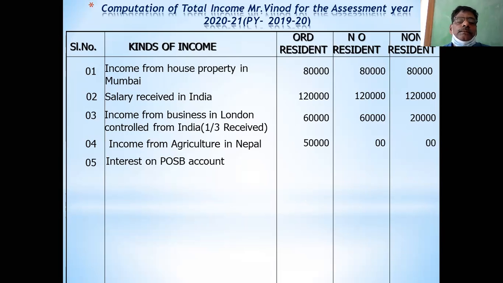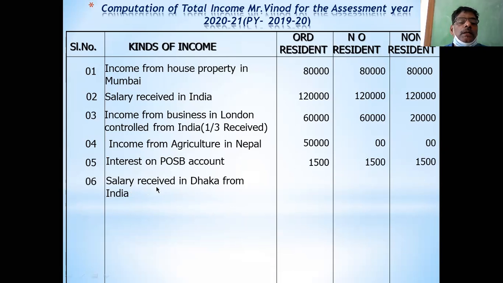The next is, if past income remittances, then untaxed incomes you don't consider. Post office income is 5,000. Out of that 5,000, 3,500 is exempted, 1,500 is taxable to all, because the post office is the Indian post office. Therefore, it is earning from India.